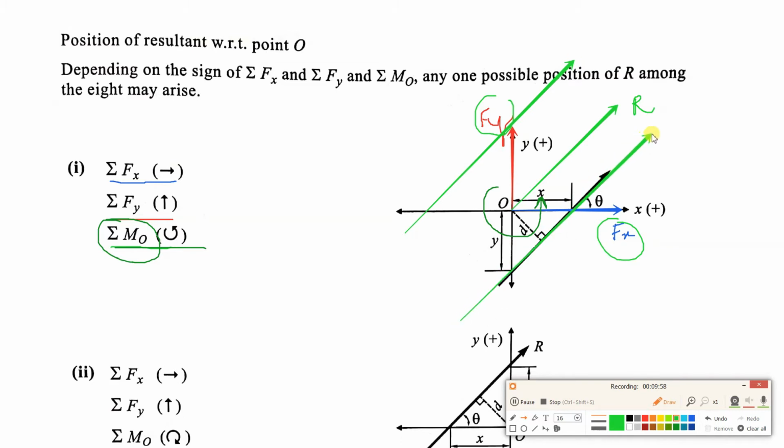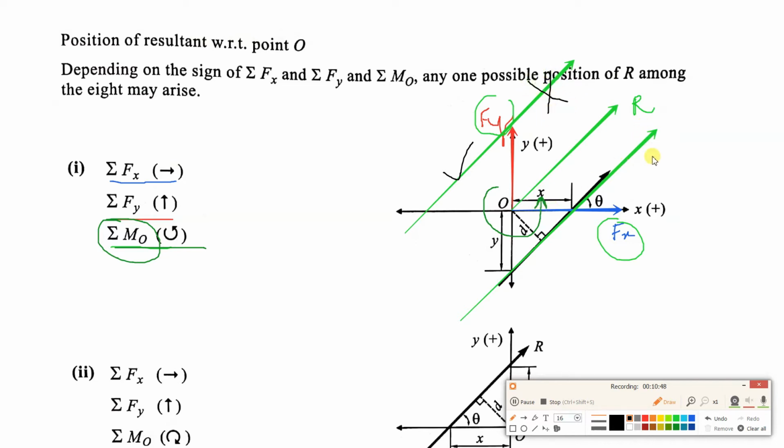Very important to understand this. Now when I'm shifting this, the distance will remain the same on both the sides. So D will remain same. Now what is the direction of movement with respect to point O? It is anti-clockwise. So what you have to do now, keep your thumb at point O, keep your index finger on this arrow and rotate your index finger in the direction of arrow. That is creating which moment? Clockwise. If you keep your thumb at point O, keep your index finger on the force and rotate it in the direction of force, it is clockwise. So this will not be your answer.